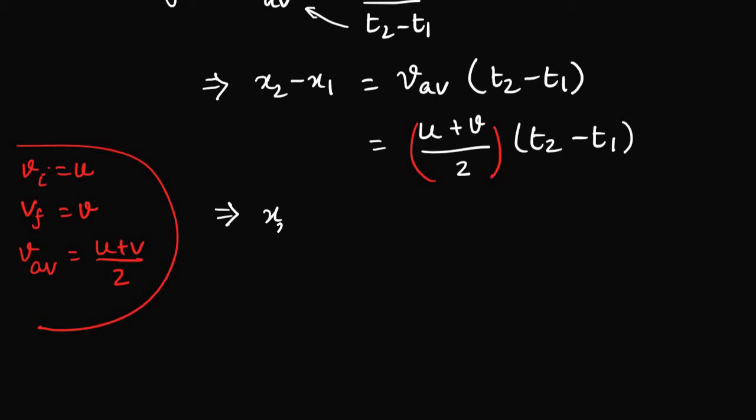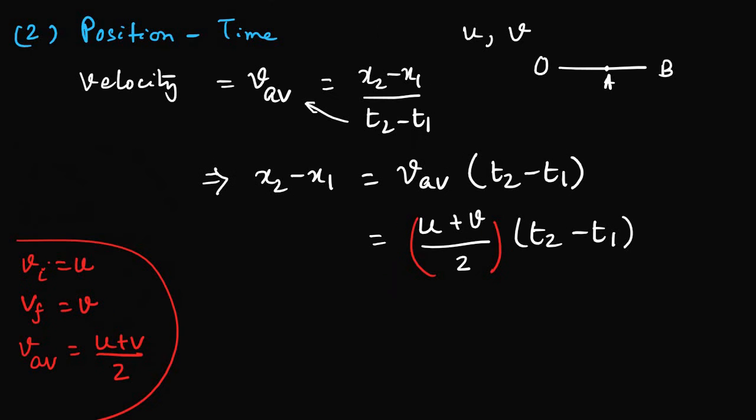That would lead me to x2 equals x1 plus a whole lot. So when you solve this, I am going to solve it in front of you, so that there is no diversion here. Now let's refer that this x1 is starting from the origin, so x1 is 0, and x2 is basically x, as we also solved before.